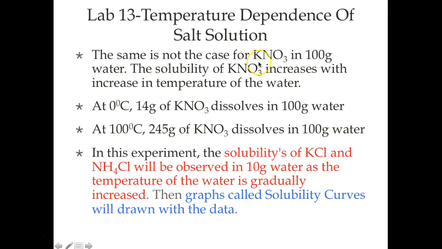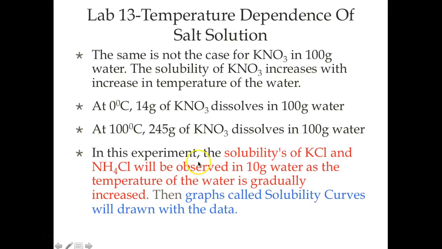Potassium nitrate, for example, at 0 degrees centigrade, 14 grams of potassium nitrate is able to dissolve in 100 grams of water. But once you raise that temperature, you see that 245 grams of potassium nitrate is dissolving in that same 100 grams of water. So it has considerably gone up from 14 to over 200 grams. And now this is typical. Most times you can see this even in a common everyday example like dissolving sugar. As you increase the heat of the water, you can dissolve a whole lot more sugar